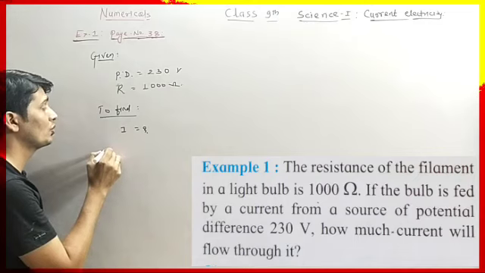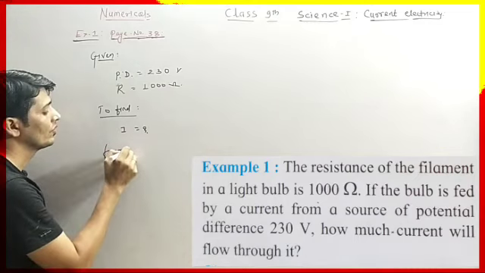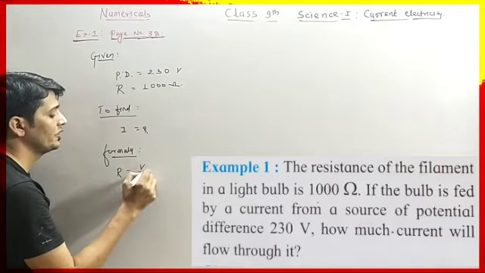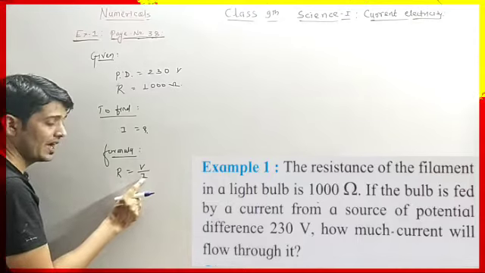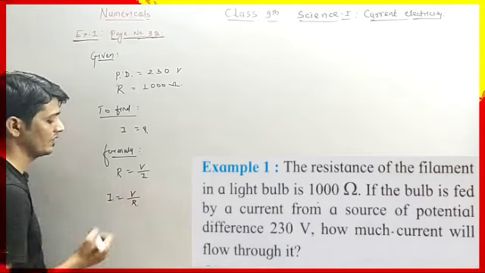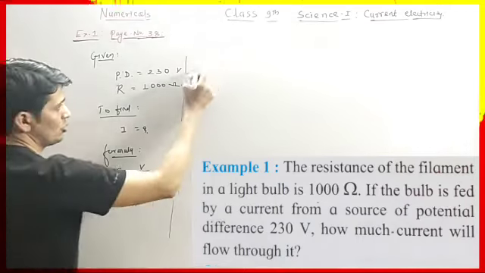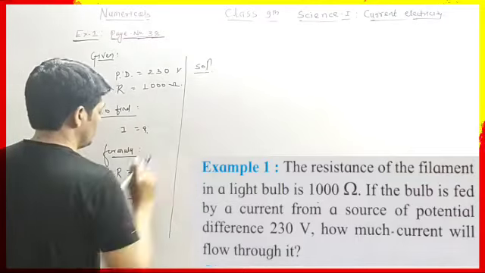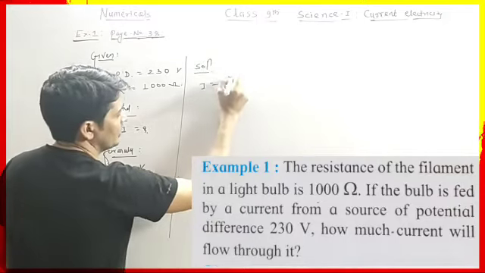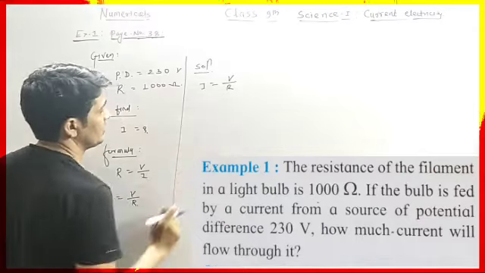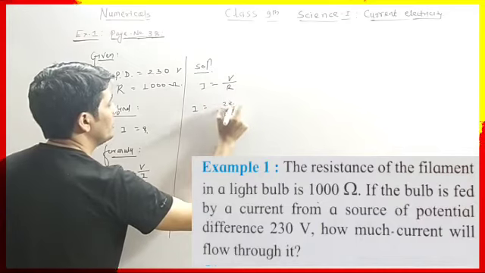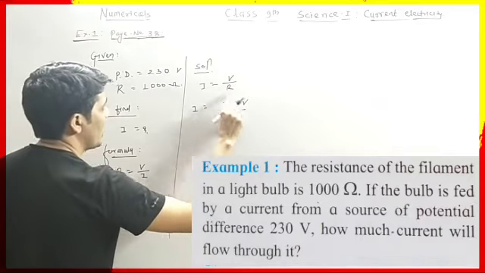Now we are going to use the formula. The formula of resistance is R equals V divided by I. So we have to find I. So the formula is I equals V divided by R. Okay. Now the solution. So what is the formula? It is I equals V divided by R. So V is potential difference and R is the resistance. So I equals, what is V? V is 230 volt divided by R, which is